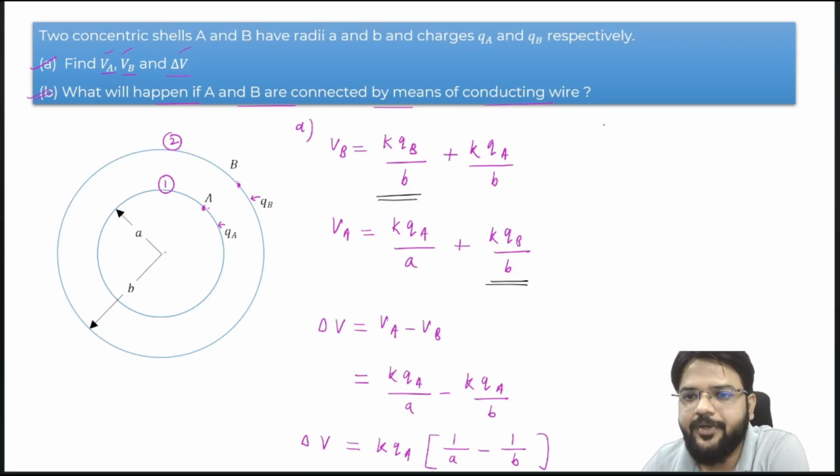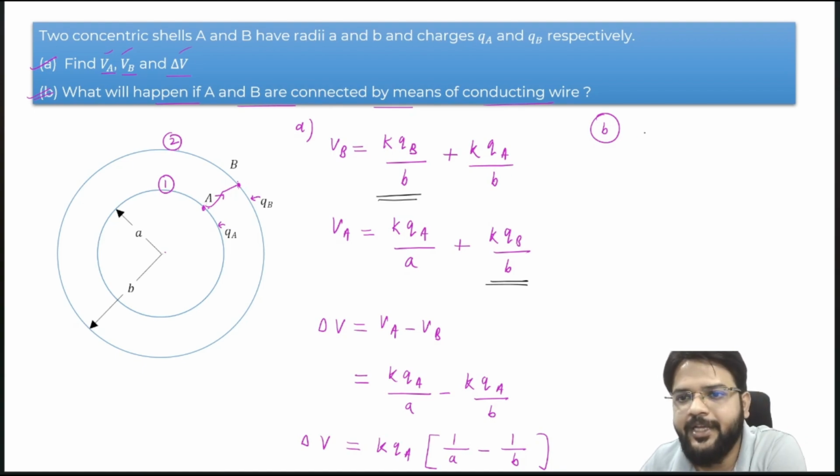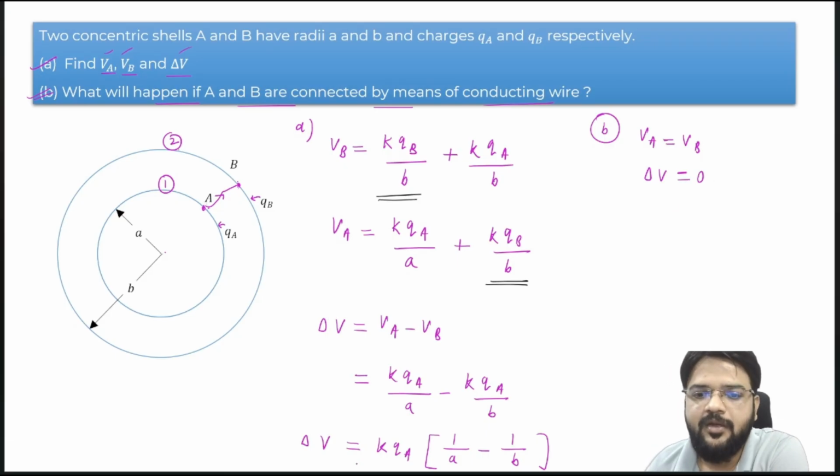Now let's see part B, everyone. What will happen if A and B are connected by means of a conducting wire? Think about it, everyone. When I connect A and B by the conducting wire, the potentials of A and B become the same. Then the potential difference between A and B becomes 0, so del V is becoming 0. And we have del V equal to K QA times 1 by A minus 1 by B. Correct? So if I put del V equal to 0 in this equation,